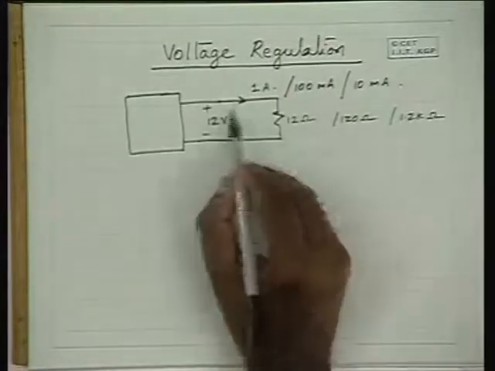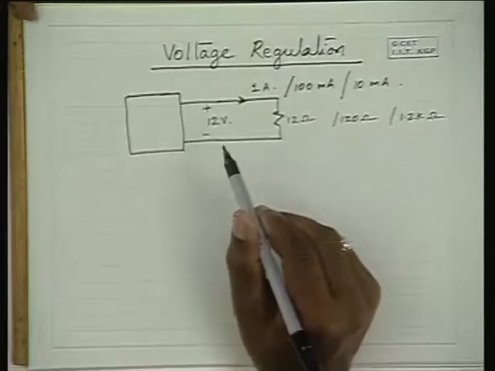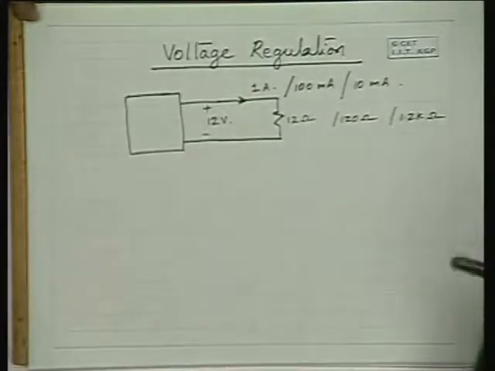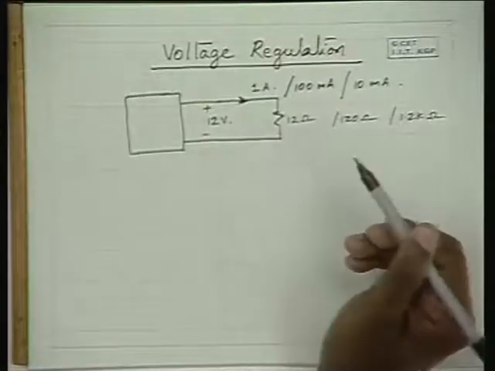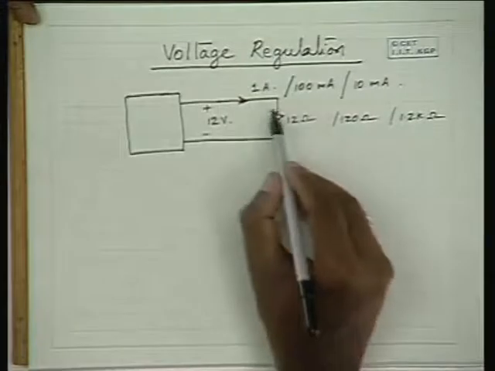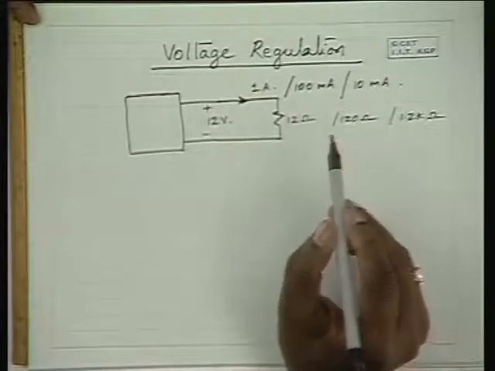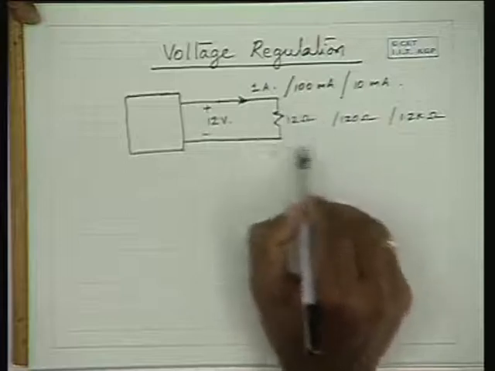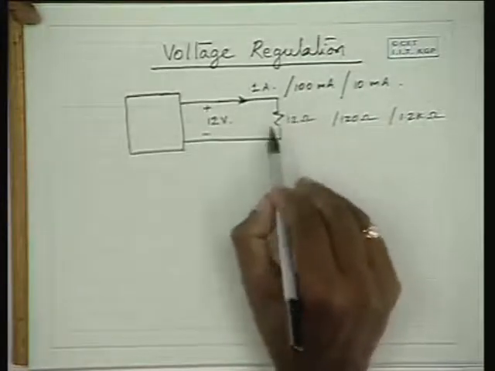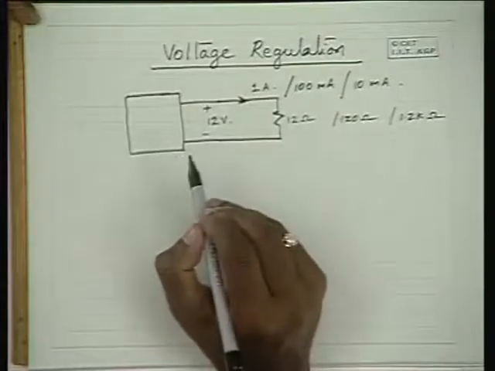Very often the load current varies. If you listen to a music system at low volume, the power drawn from the supply is very low. On the other hand, if you drive the speakers with high power, it draws a huge amount of current from the mains, from the supply. So the load current varies from time to time in general, because the load resistance also varies effectively. It is desirable that in spite of the variation in the load, the supply voltage remains constant.